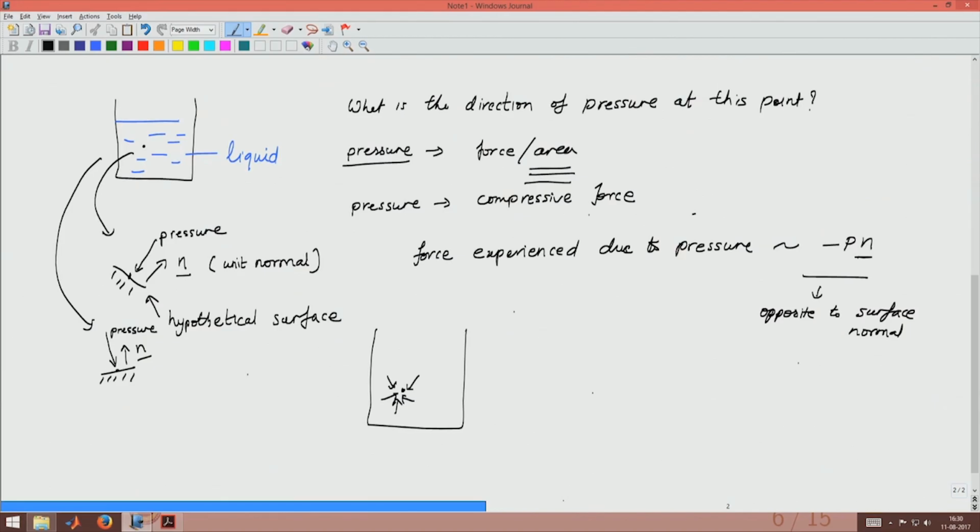So, effectively, if I want to know the force due to pressure, I need to know the surface normal, and this can also be written in a vectorial form in terms of matrices, like this: if I know the pressure at each and every point,